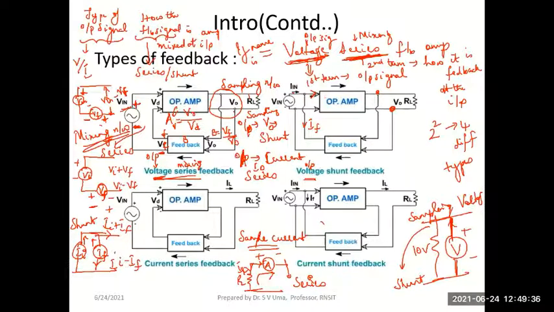So I will have an actual current signal going into the amplifier or the op-amp. Output is a voltage. So the output of the op-amp is a voltage, whereas input is a current. So if input is a current and output is a voltage, what type of gain will I get in this op-amp? What is voltage by current?